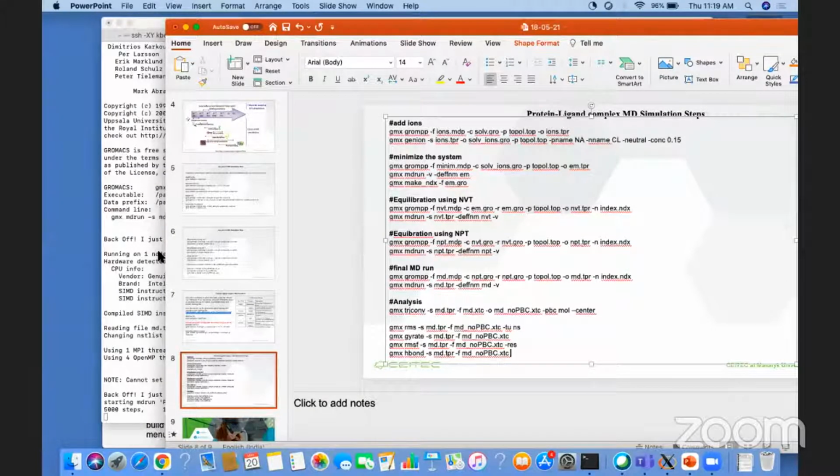But from there you will not have the idea of which atoms are forming the hydrogen bond. So you can write your own script for that, because GROMACS doesn't have that. You can extract which atoms are forming the hydrogen bond and calculate their occupancy. That occupancy will tell you how strong the hydrogen bonds are. And there are also several other analyses. You can find any paper for the protein ligand